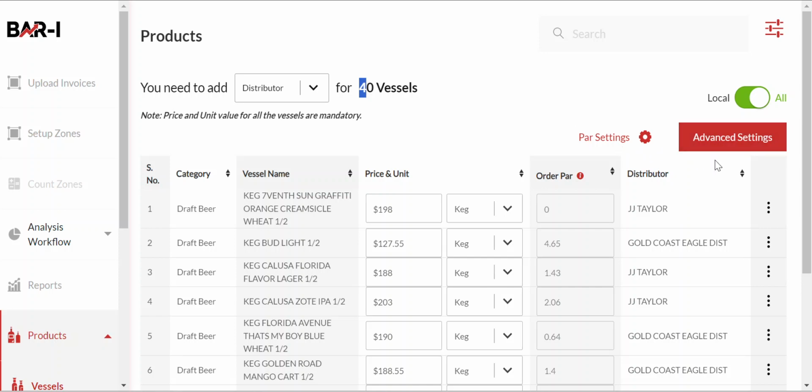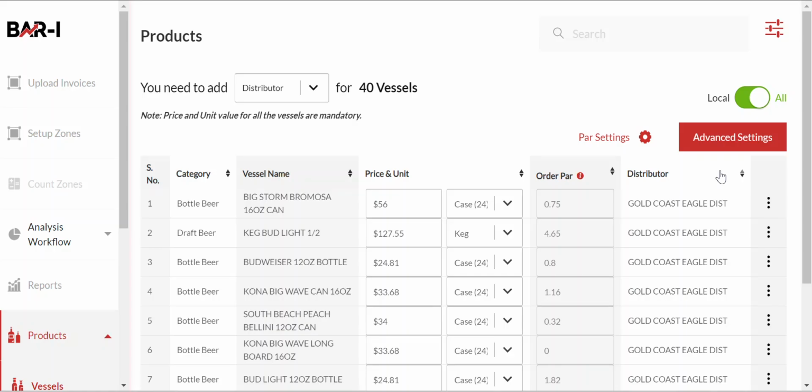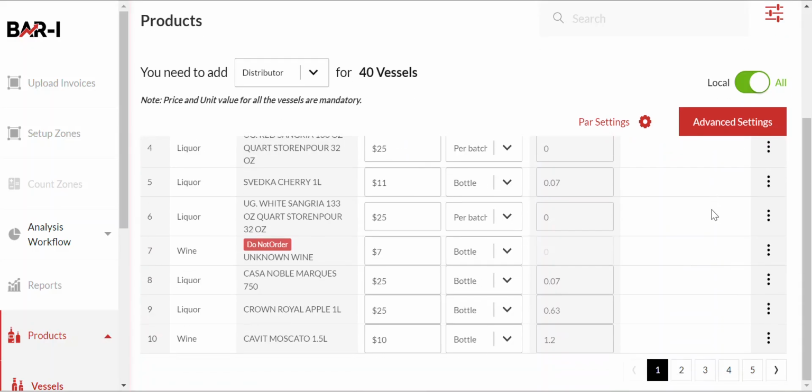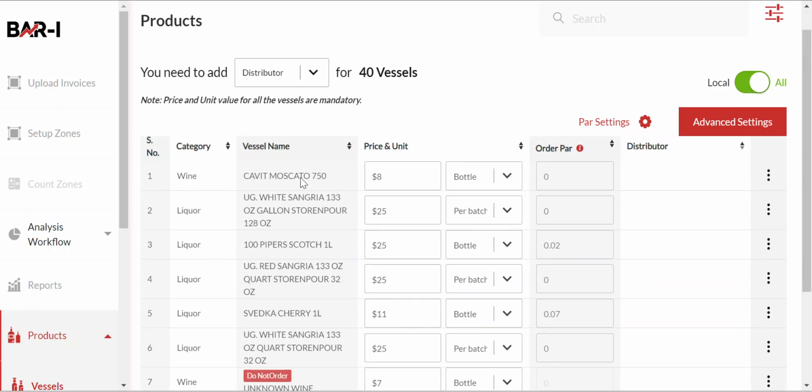To see the exact items affected, go ahead on the far right here and click on this distributor column. These little arrows mean you can sort. Click it once and then twice, and then you can paginate. And in this case, we'll have 4 pages of items where we do not currently know who we're purchasing this item for. If you can provide that list of items and distributors to your BarEye account manager, they can update